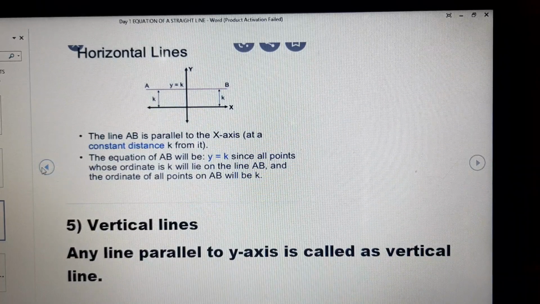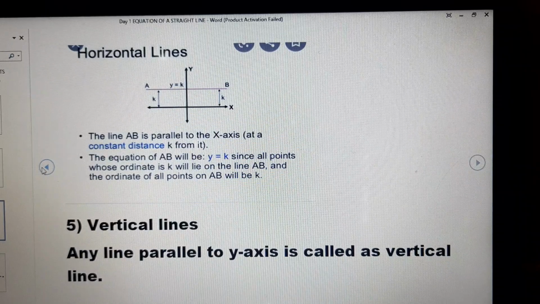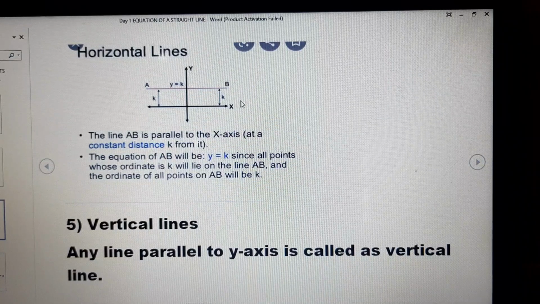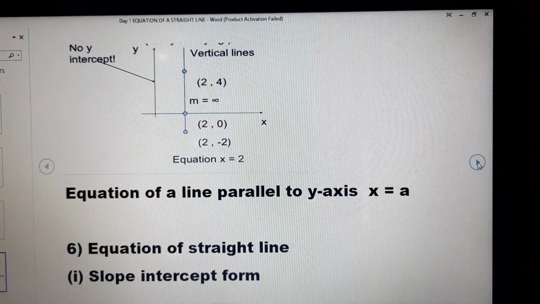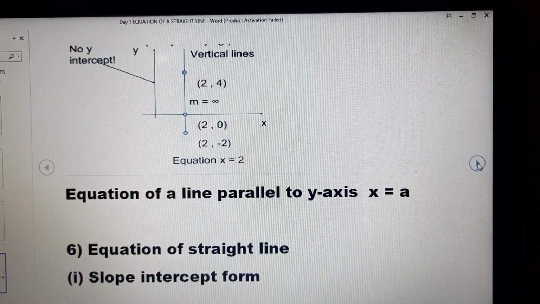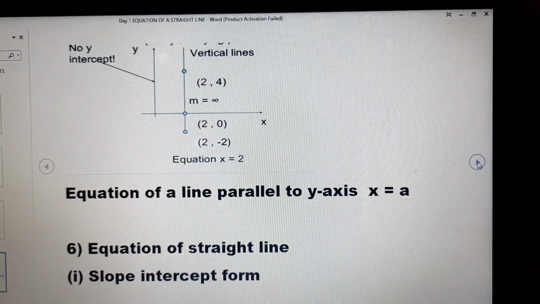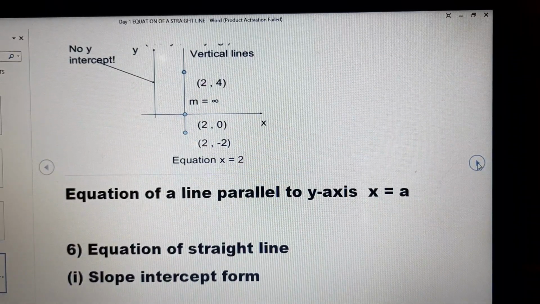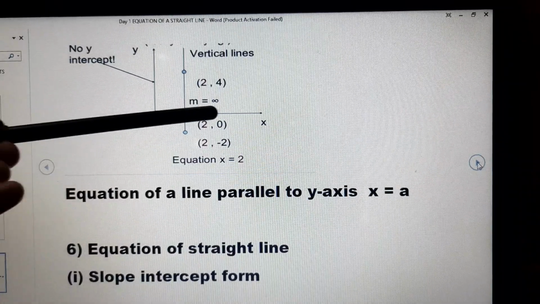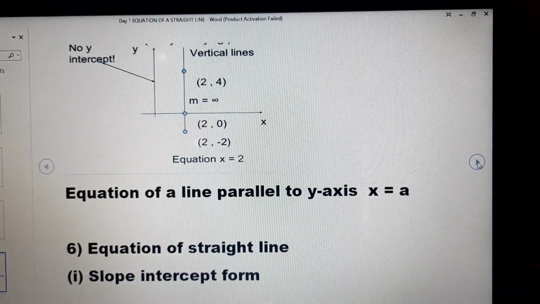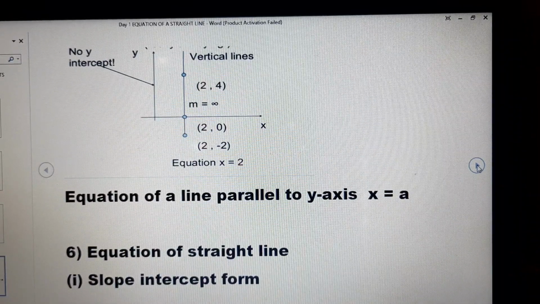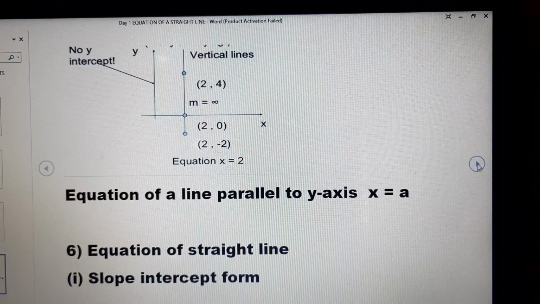Because you will come to know later on, but right now you understand this much, that if a line is parallel to x-axis, its slope will be equal to 1. In today's class only, I'll tell you why. Likewise, if I take a line which is parallel to y-axis, its slope will be equal to infinite, or we can say it is not defined. I'll pick up a question and with the help of that, I'll explain this.